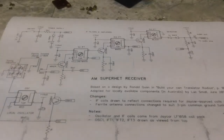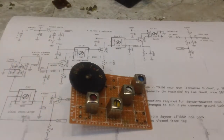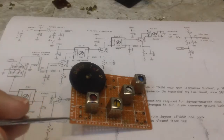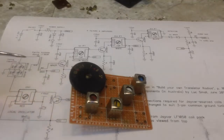So basically the other end goes right directly to the oscillator coil, which we can see here. It will go to this pin here, and the actual other pin goes out the other side to ground, and the ground is going to run along the bottom here. I can put a ground bus in there if I want to, but the middle wire, middle peg, middle pin, whatever you want to call it, goes to a 10 nanofarad capacitor and ends up going back to the oscillator,